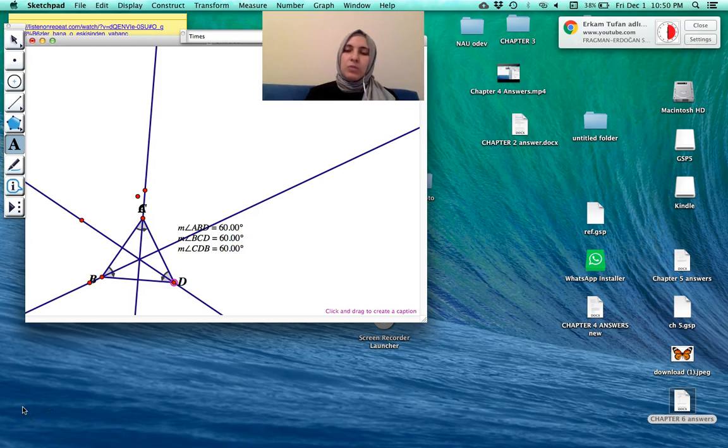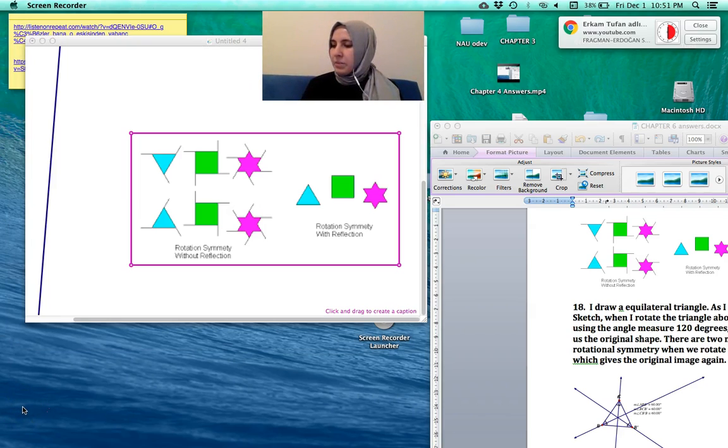Question 21. Describe a polygon that has A, rotational and reflective symmetry, B, rotational symmetry and no reflective symmetry, C, reflective symmetry and no rotational symmetry. And this is an example of A, rotational symmetry without reflection. It's for B, rotational symmetry with reflection. And the C is